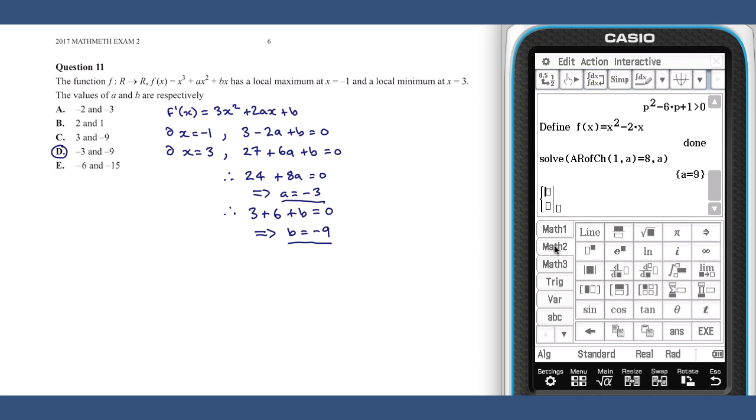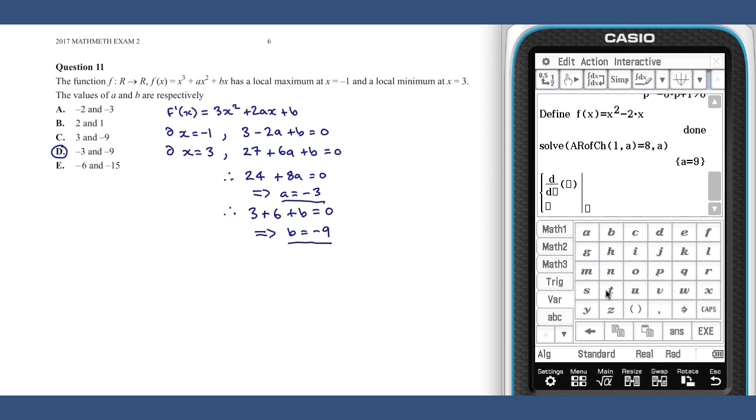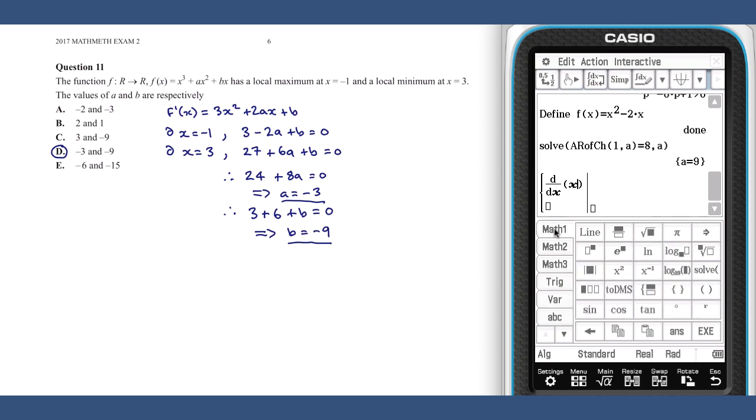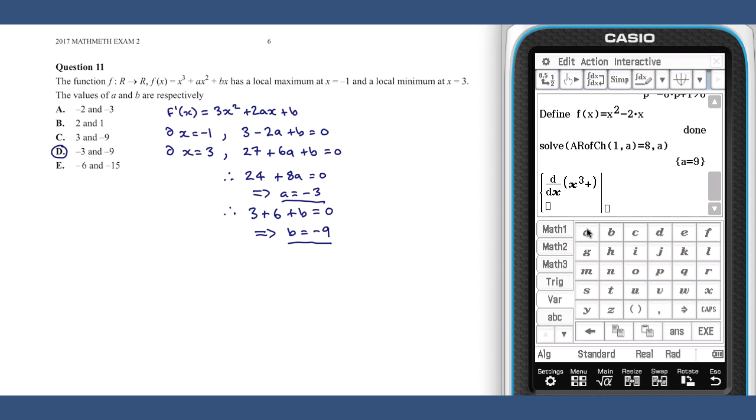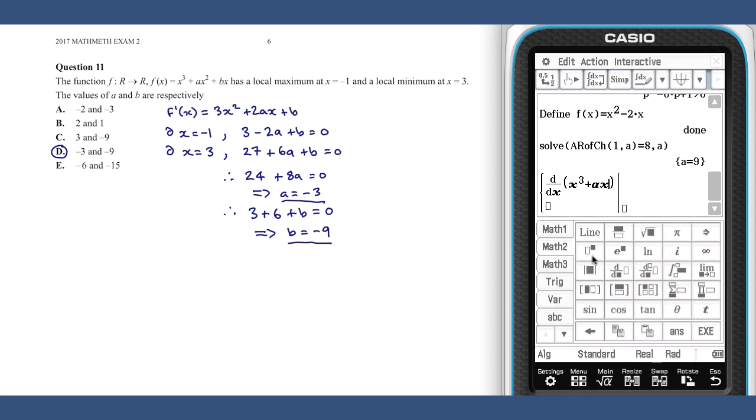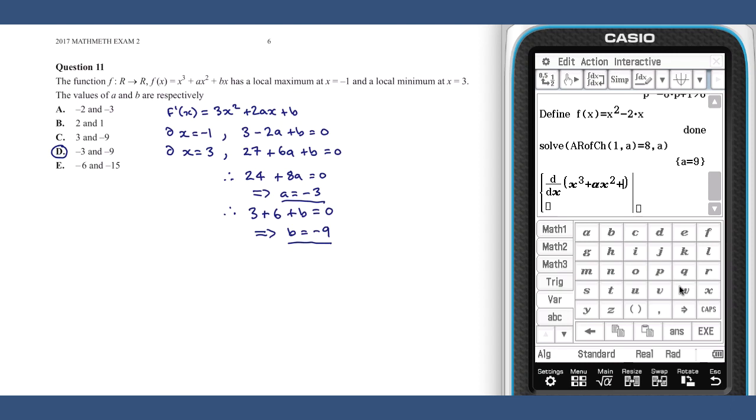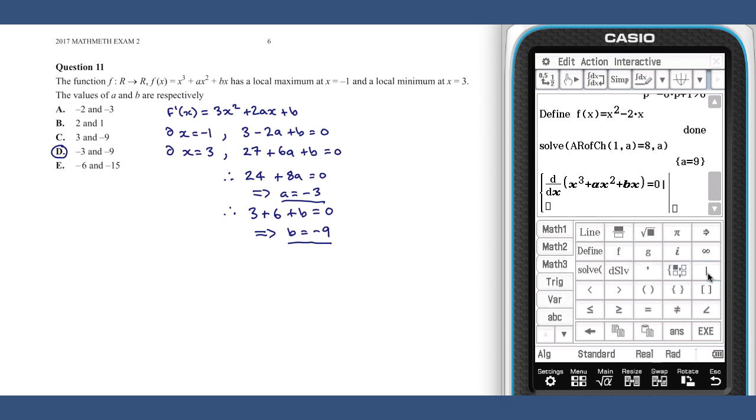The first equation is when the derivative, so that will be d by dx of x cubed plus ax squared plus bx is equal to 0, given that